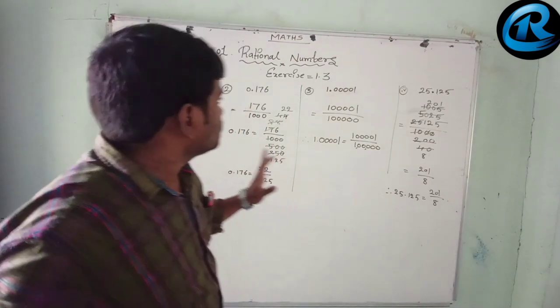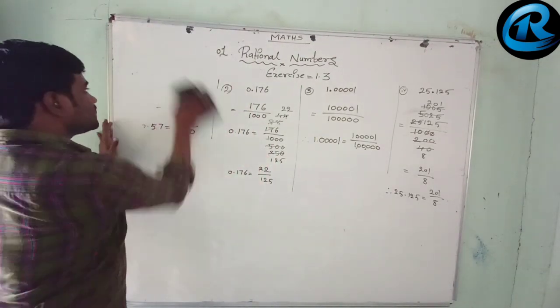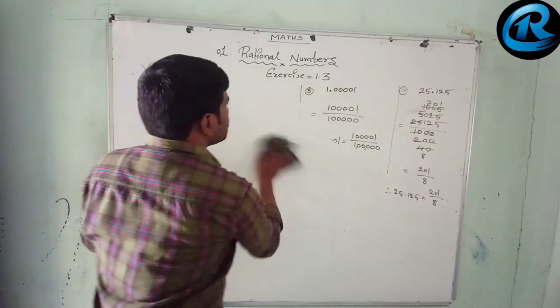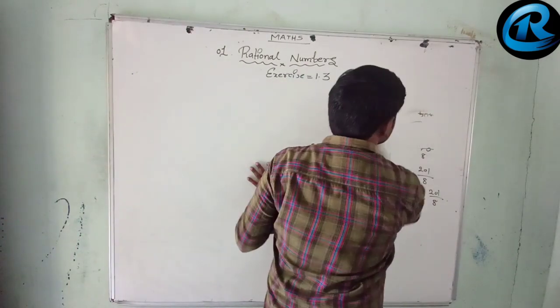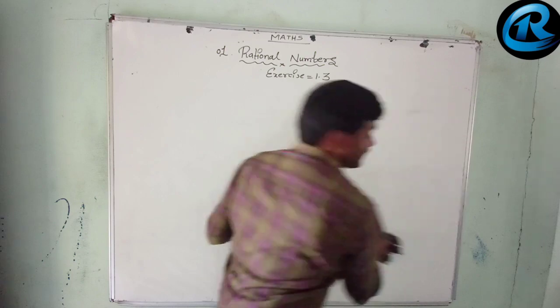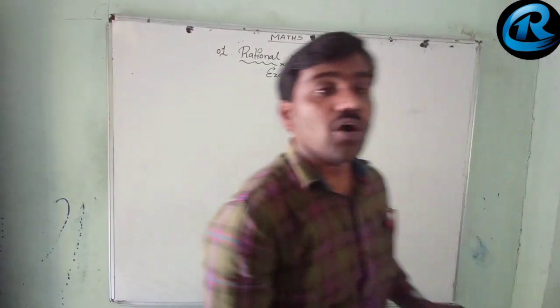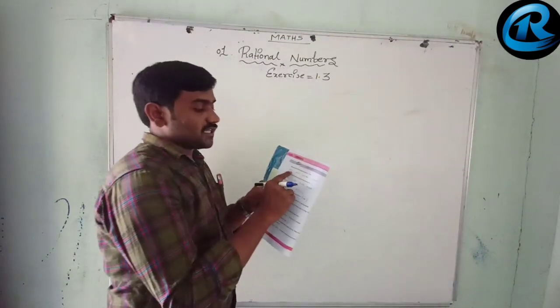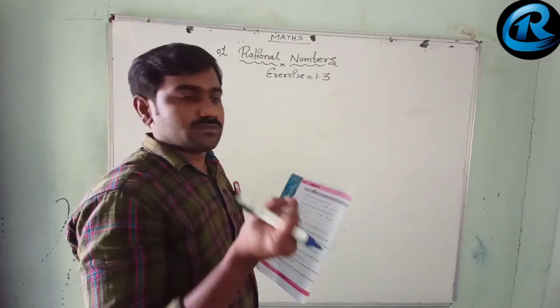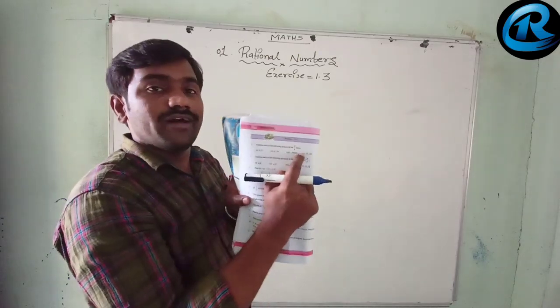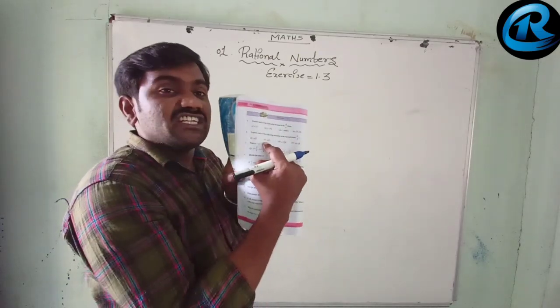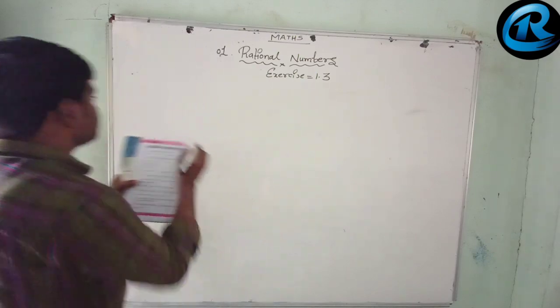We go for the second bit, and this second bit is important because it also helps us to do the problems in class 9th and also sometimes in class 10th. See that in the first bit we have got a terminating decimal number. That means after the decimal point, the number of decimal digits is countable in bit number 1. But in bit number 2, it is a non-terminating repeating number.